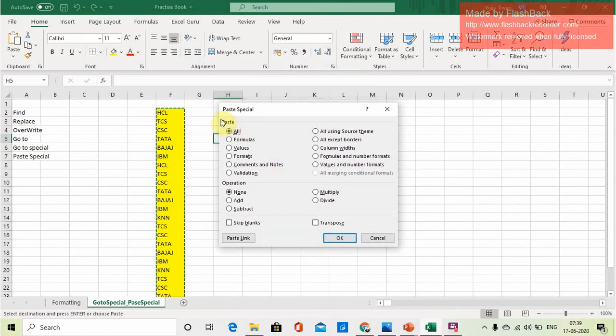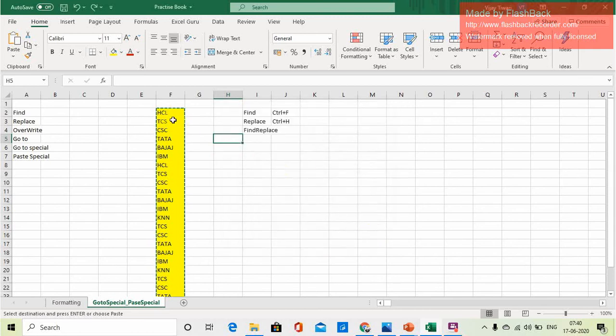Here you will get all these paste categories, all these paste features are available, and these are the operational features, the operations you can perform. Then some other features also, Skip Blanks and Transpose. We'll understand each and everything.